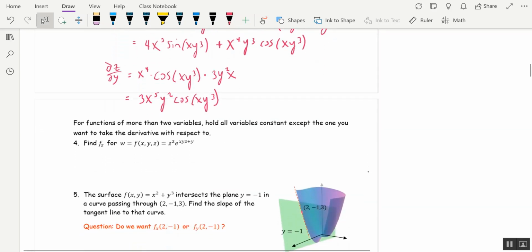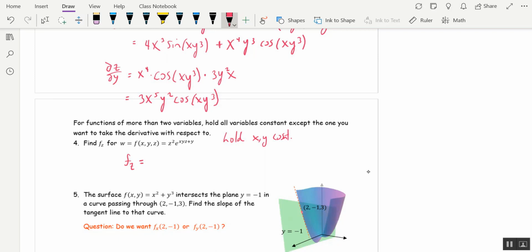Okay, and there's no reason to stop with two variables. We could find the partial of a function with respect to three variables. We just hold the other two variables fixed. So for example, if we want f sub z for this function f, we're going to hold x and y constant, okay? So f sub z would be,